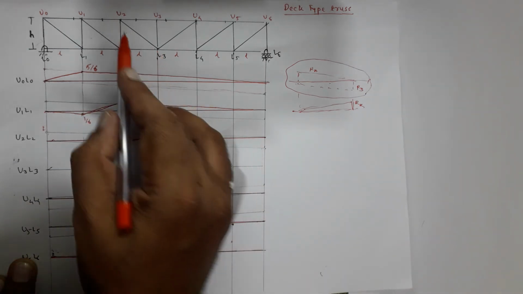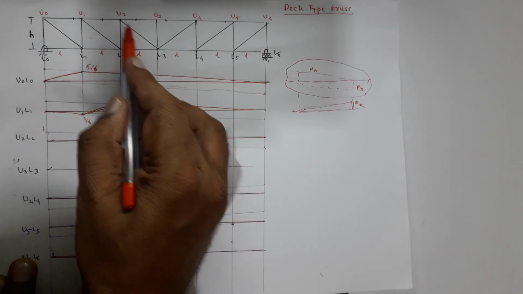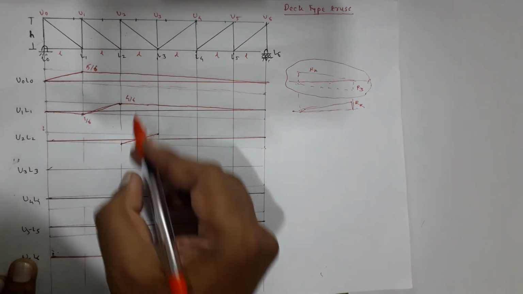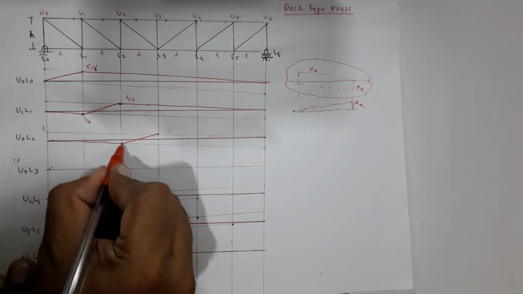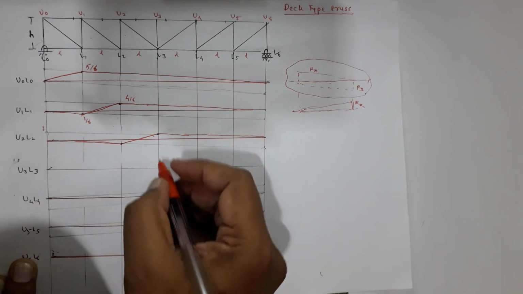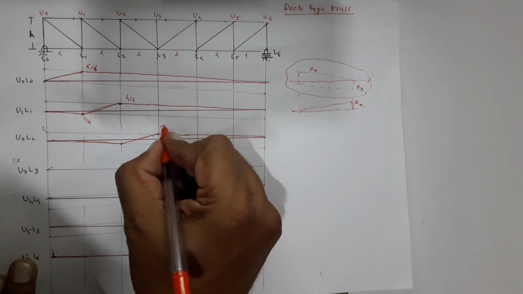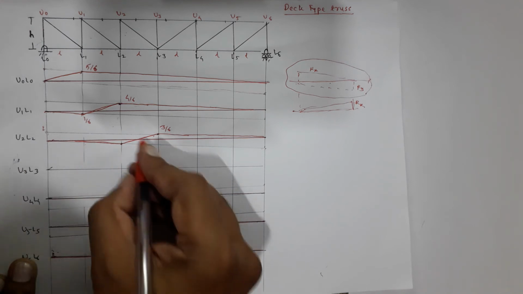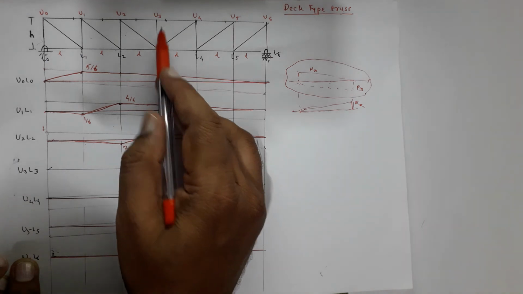Now this is the member. I am going for ILD for U2 L2. So go for the next diagonal member. It is like this. So in this span you will find that ILD for U2 L2 will be changing in this manner. This is the shortcut. Now these 2 points are to be joined, and the remaining points for ILD for RB are to be considered. Now this is 5 by 6, this is 4 by 6, it is going to be 3 by 6. Whereas for ILD for RB it was 1 by 6, so it is going to be 2 by 6. Now ILD for U3 L3.